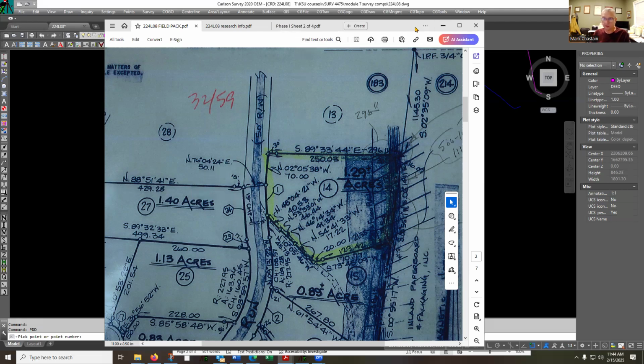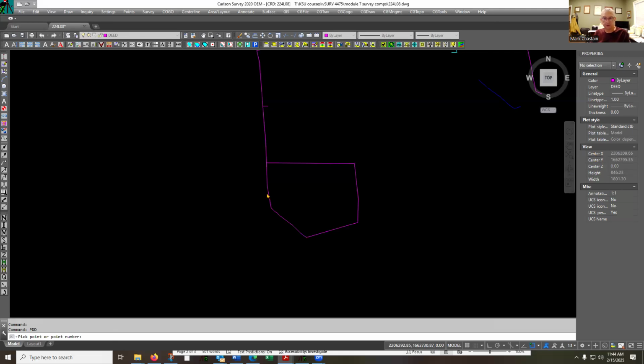Now, if you think about what I've told you about the laws of significant digits, the fact that we're seeing distances to the nearest foot on just a 30-year-old survey that otherwise has distances to the hundredth, yes, that is a red flag. So we're going to come down to this bend point and go the reverse of the connecting call, which is shown as northeast. So we're going to go southwest, which is quadrant 3, 76 degrees, 4 minutes, 24 seconds,